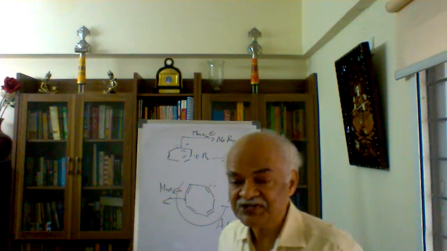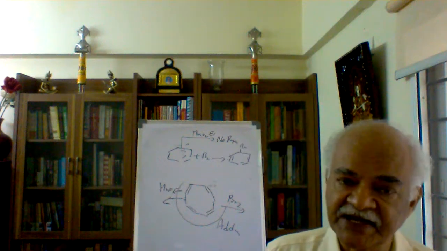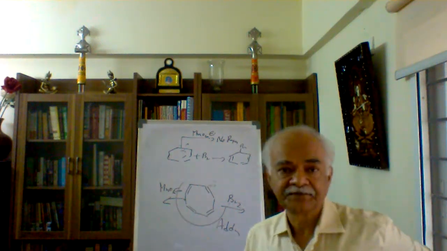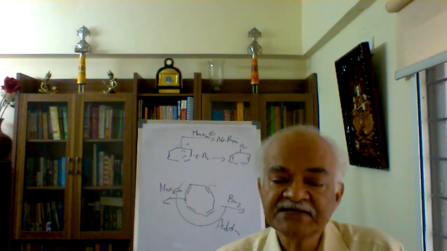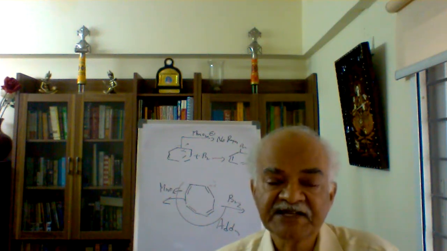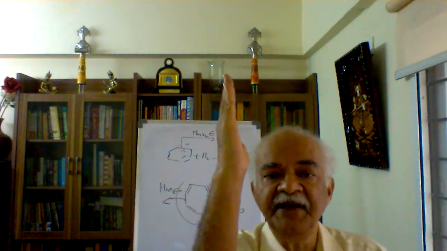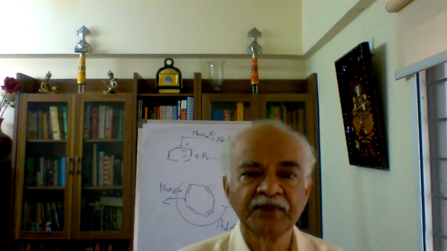That is one more surprising thing. Merely being cyclic conjugated means it may not be like benzene. It may be like benzene, or like cyclobutadiene, or like this. Therefore, the correlation between conjugation and stability was simple if it is non-cyclic. If it is cyclic, we are expecting a variety of behaviors. If I take benzene as the reference molecule for high stability, the other extreme of the spectrum is cyclobutadiene, which reacts immensely fast and is difficult to isolate. If I take cyclooctatetraene, it is behaving like an alkene.